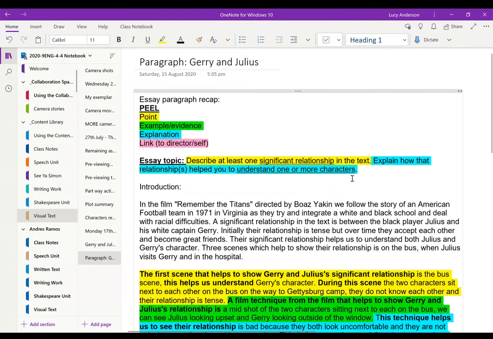So the next thing to look at is the essay topic. So there are two parts, which I've just put in yellow and blue, kind of to match that you'd describe and explain there. And I've underlined the keywords. The keywords are what you put in every paragraph. And if you look through my paragraph that I've written, you'll see them come up lots. All right, so that means that if you don't have them, you're probably not addressing the topic. And that's something that your marker is going to look for.